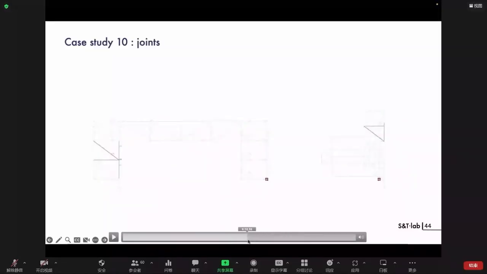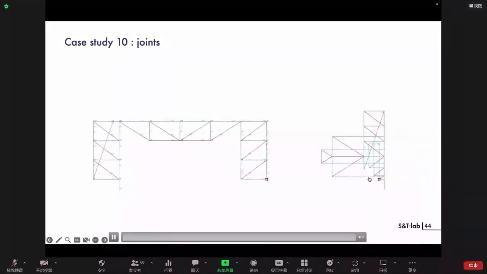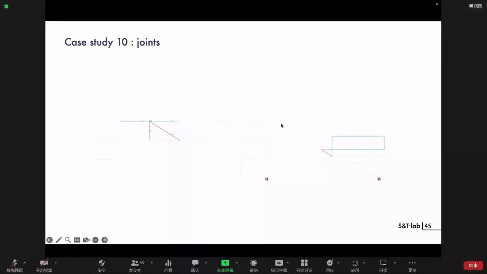And then we can isolate some node and isolate the values of the forces in this node. Eventually, based on graphic statics diagram, timber joints can be designed according to applied forces because of this capability of